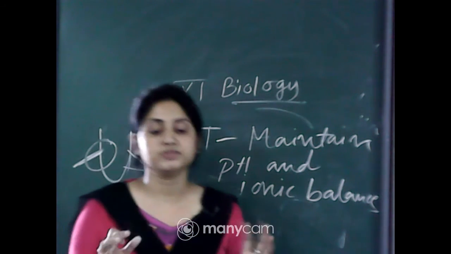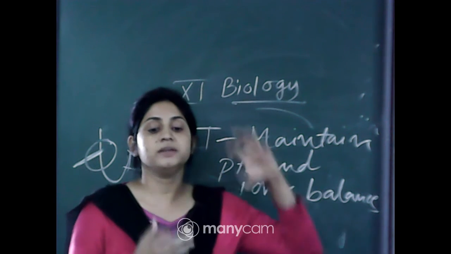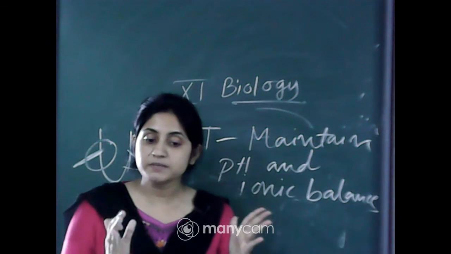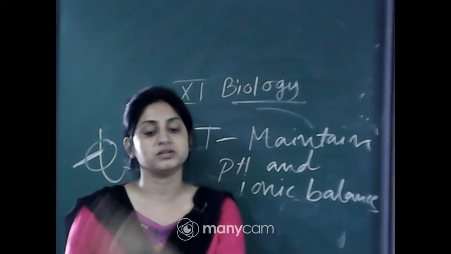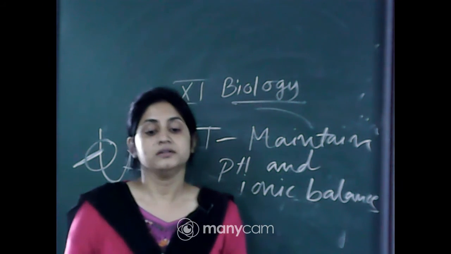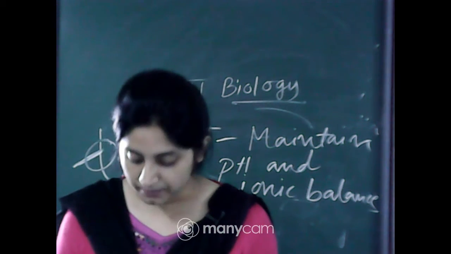So, how does the concentration gradient occur? If there is a concentration gradient, meaning a difference, where some parts have higher concentration and some lower concentration, then the pressure comes and substances pass from one part to another part. How this concentration gradient is formed, this is the mechanism. So, let us see how the concentration gradient is formed.